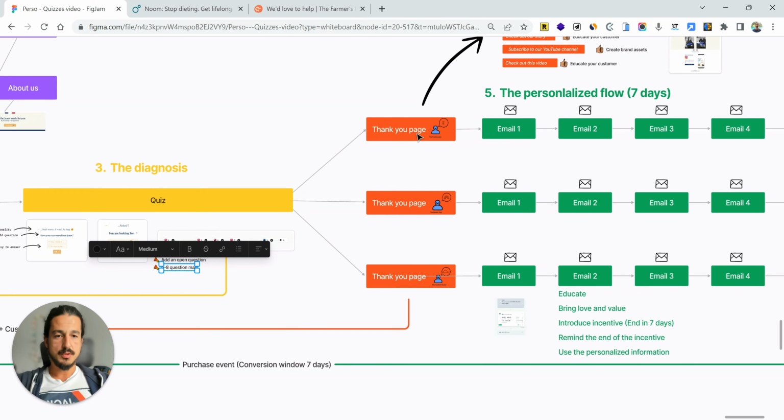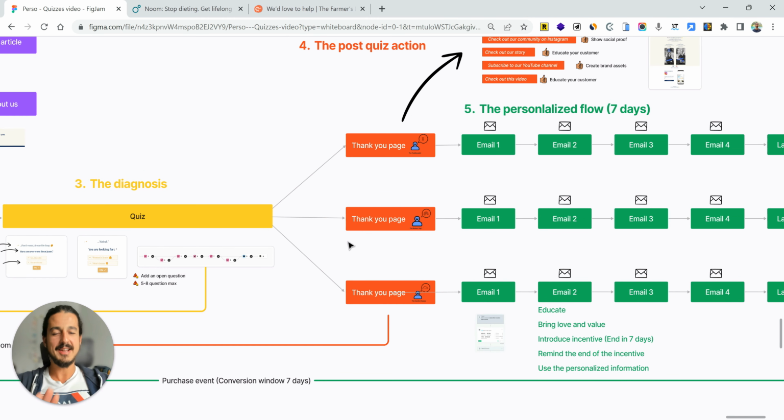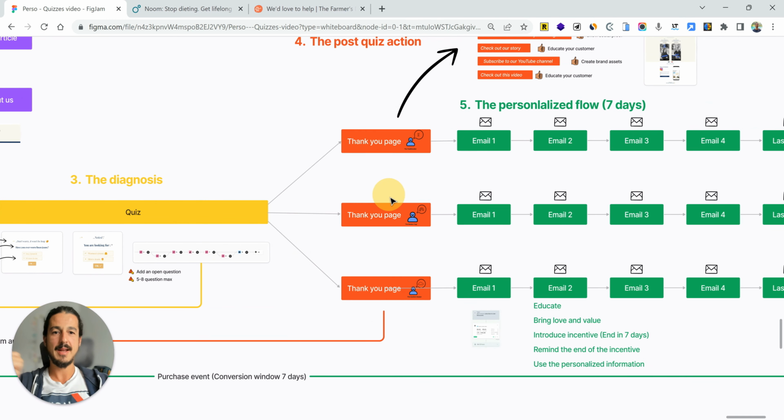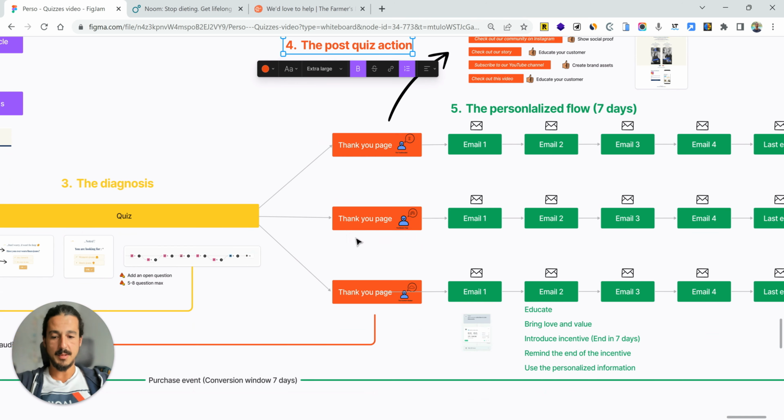Then comes the thank you page. And here it's kind of open. The thank you page will obviously take into consideration the answer of the quiz, but it doesn't have to, right? What I call thank you page is the post-quiz action, because at this exact moment in